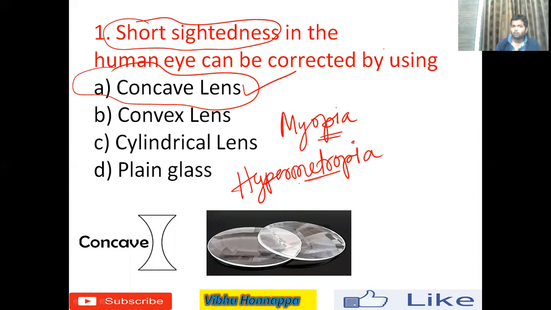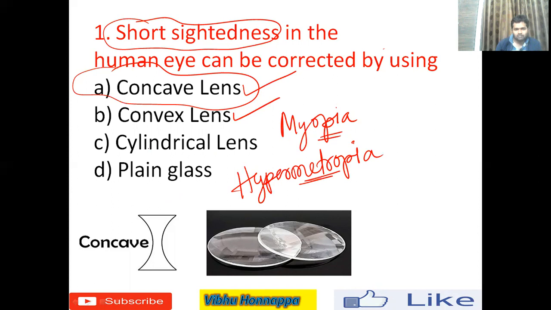In hypermetropia, the person can see faraway objects clearly. I mean, something is written on the blackboard, I can read it properly, but what is on my system or on my books, I cannot see properly. These kinds of eye defects can be rectified by using convex lens.